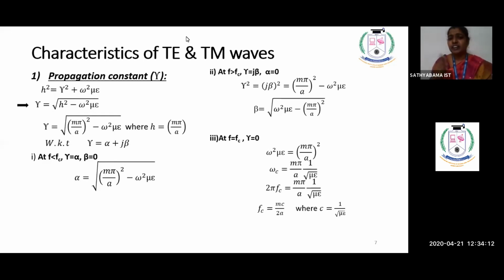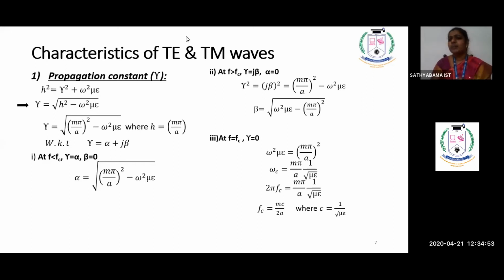Next is when f is greater than fc. What will happen? I guess everyone is saying that when f is greater than fc, it has met the threshold criteria. Now your wave is freely moving inside your waveguide. So only propagation is happening, attenuation is not happening at all. When attenuation is not happening, alpha becomes 0. When propagation alone is happening, gamma equals alpha plus j beta. Alpha is 0, which means gamma is equal to j beta. So with your new equation at f greater than fc, you will get the value of the propagation constant. When f is less than fc, you will get the value of the attenuation constant.